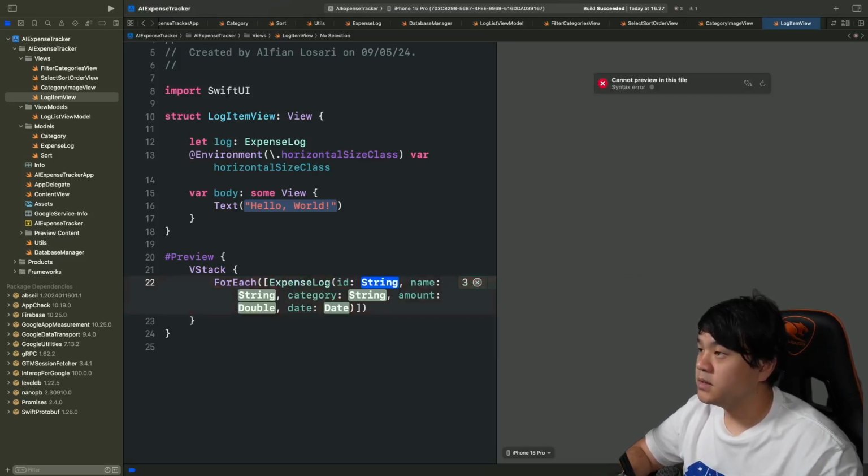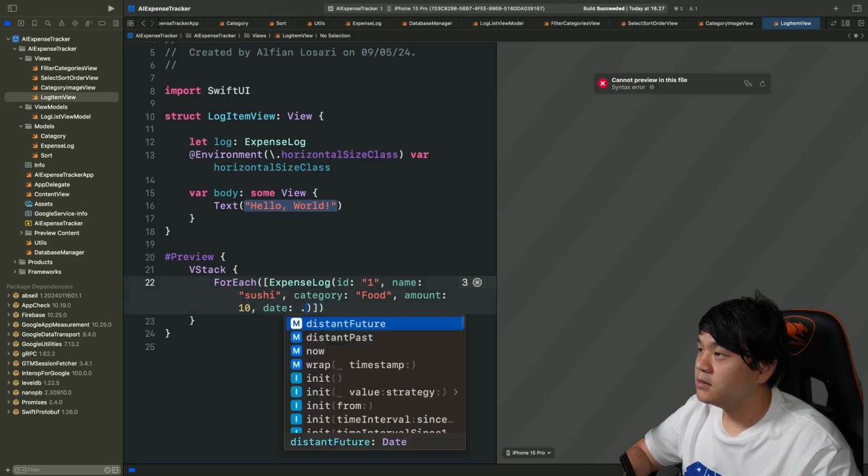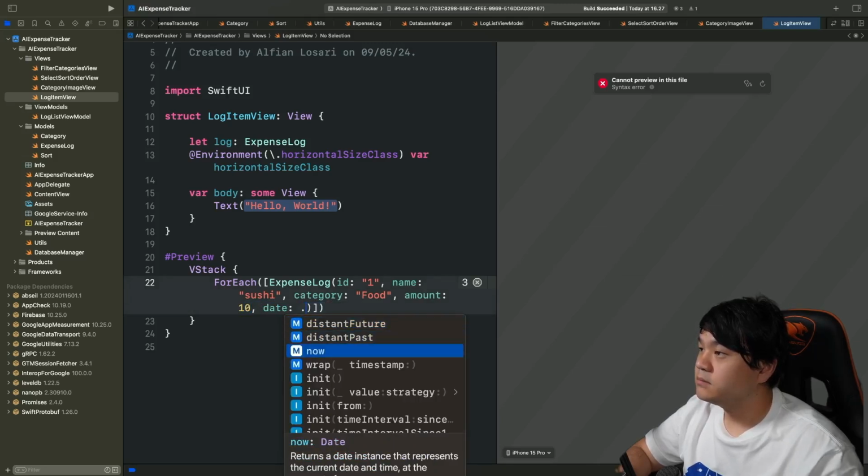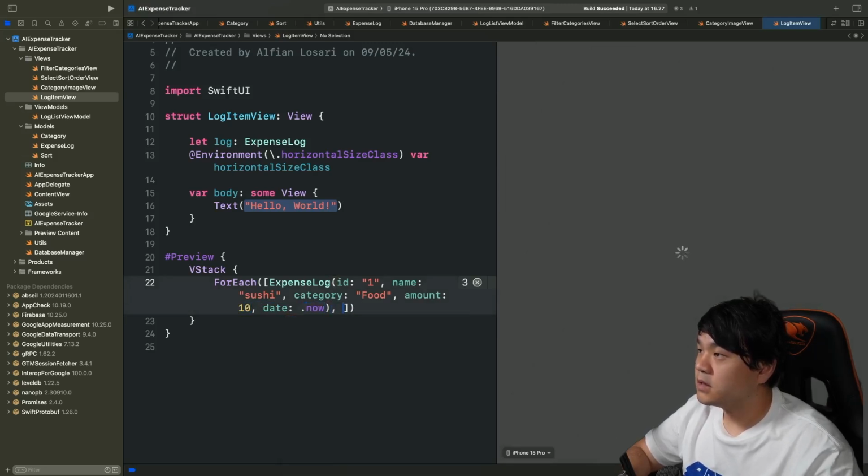Okay, let me use this one: ID 1, name sushi, category food, amount 10, date now. Second one,